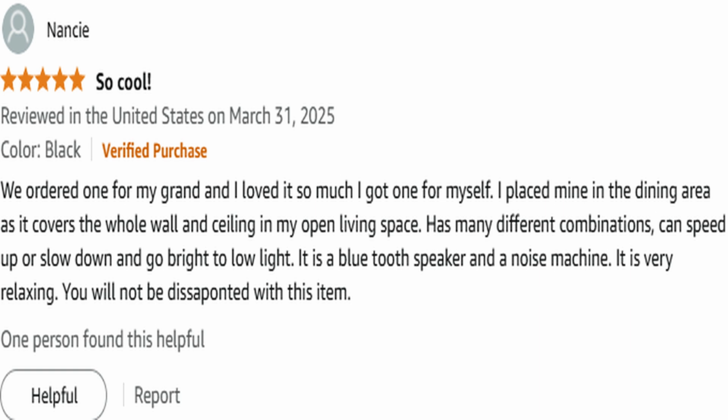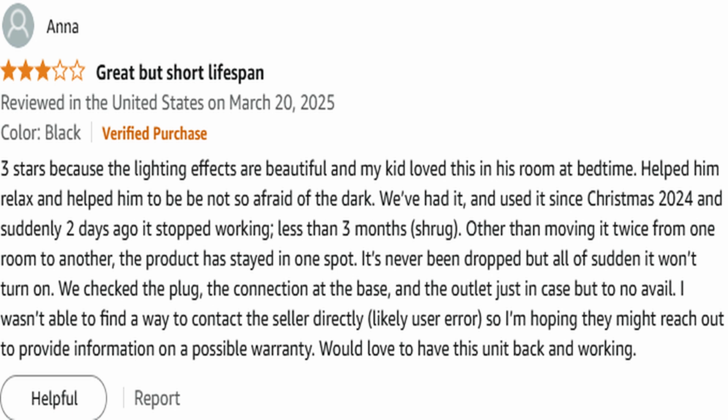The built-in Bluetooth speaker adds another layer of utility. It allows users to stream their favorite music wirelessly, and the projector includes a rhythm mode where the lights pulse and move in sync with the music's beat. This makes it an excellent addition for parties or casual gatherings. While the speaker quality is generally considered acceptable, it is not high-end audio equipment but sufficient for ambient music and